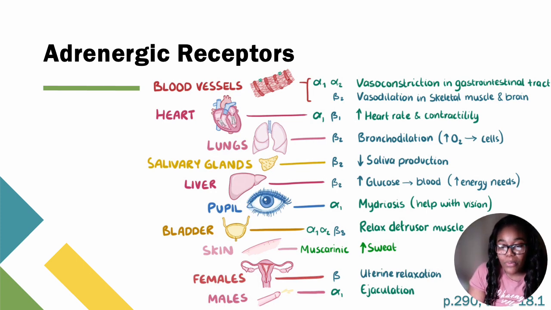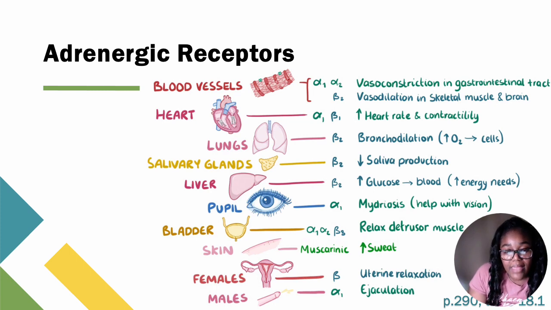Then we have our pupils. Our pupils dilate so we can sense the environment, and this is affected by our alpha 1 receptor. With our bladder, these detrusor muscles are relaxed when stimulated, alpha 1, alpha 2, beta 3. Our skin, we have the increase in sweat. Now, this is a muscarinic response, and we're not necessarily going to go into the ins and outs of that. And we're not necessarily going to go into the ins and outs of ejaculation or uterine relaxation,